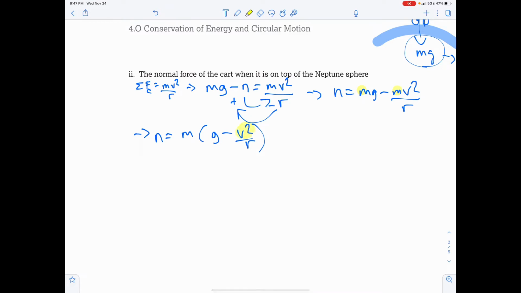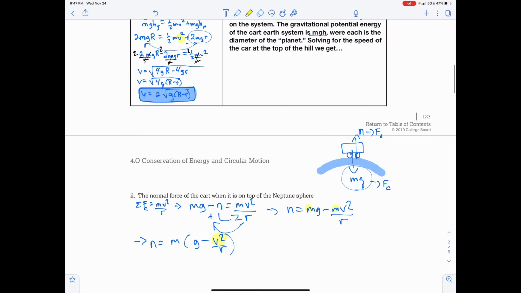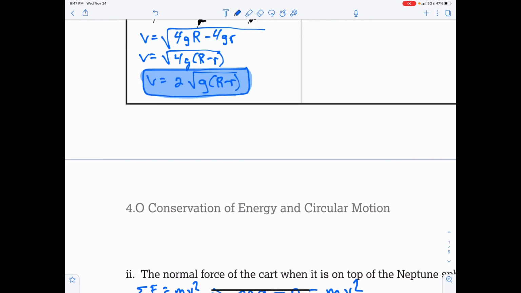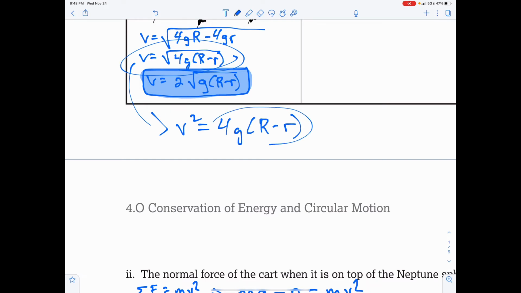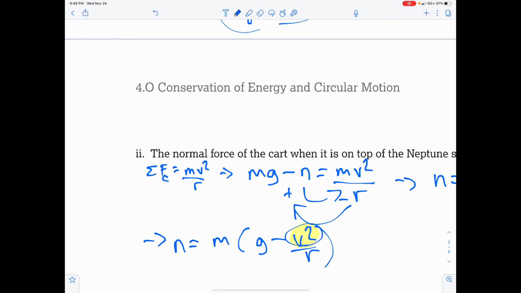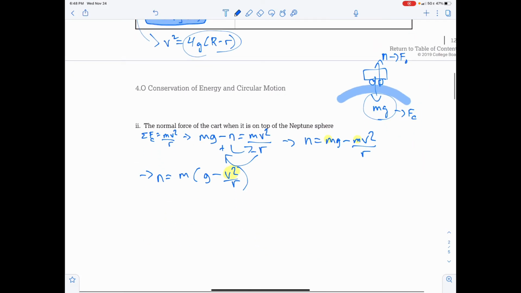Now we're going to make a little substitution for v squared. Recall how v is equal to 2 times the square root of g times the quantity R minus r. So if we take this and we square both sides, we get v squared equals 4g times the quantity R minus little r. So we're going to substitute that right there for v squared. So we get the normal force is equal to m times g minus, and then on top we have 4 times g times big R minus little r,